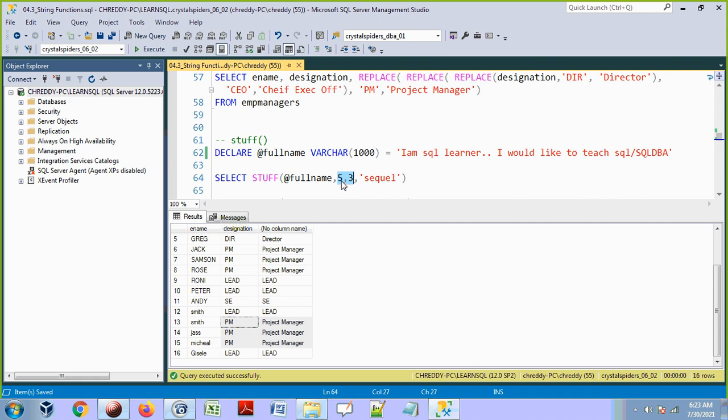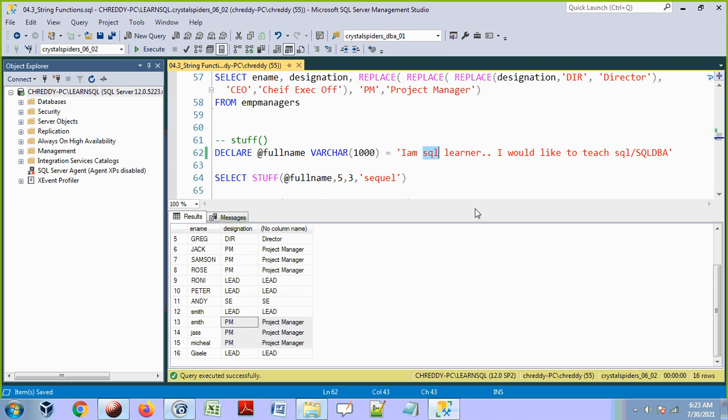From the fifth position, including the fifth position, the next 3 characters, replace that value with SQL. So now let's identify what is there in the fifth position: 1, 2, 3, 4, 5. This S is there in the fifth position, and 3 characters including these 5: 1, 2, 3.